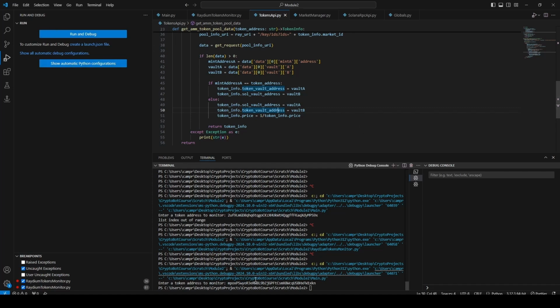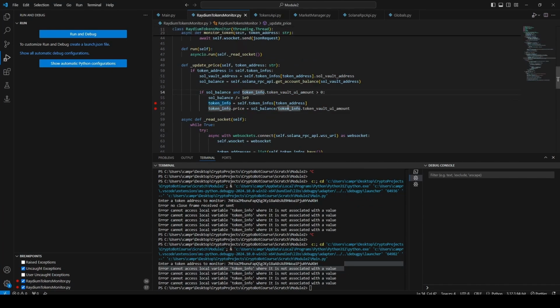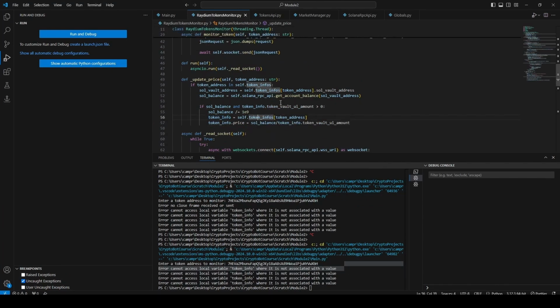So let's go ahead and retest. Right, found one more issue again. So I'm in the debugging phase. It's normal to find a few issues here and there. It's always good to unit test these things as you build them, so I would probably have caught this earlier. But anyway, here's the updating the price